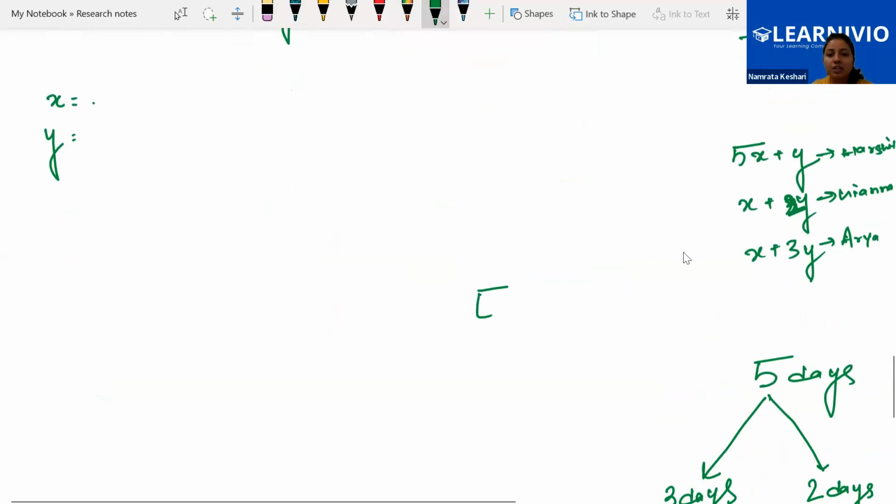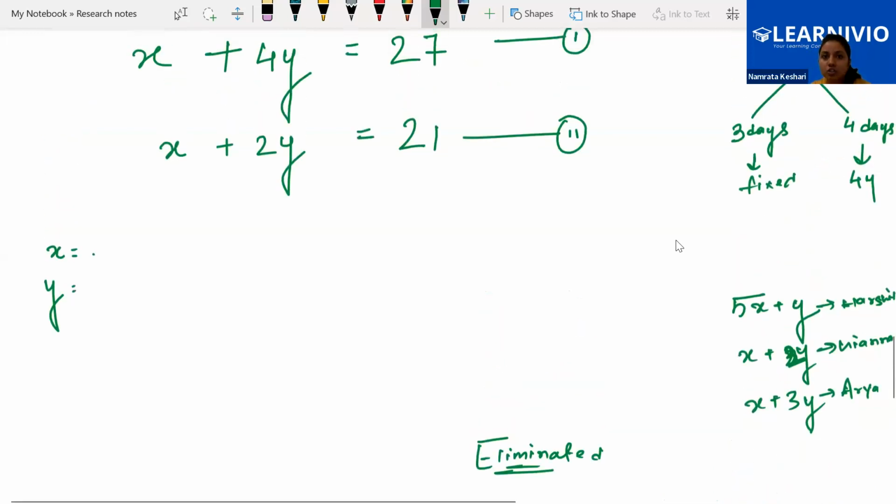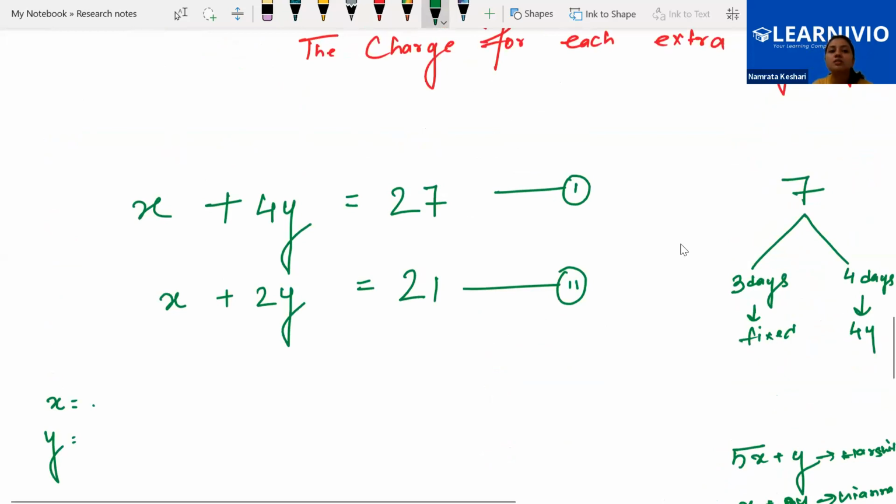The word elimination, you must have heard this word, like in any of the reality shows someone is going to get eliminated. Okay, eliminate means to remove. So this elimination method means it is not possible for us to solve this x plus 4y is equal